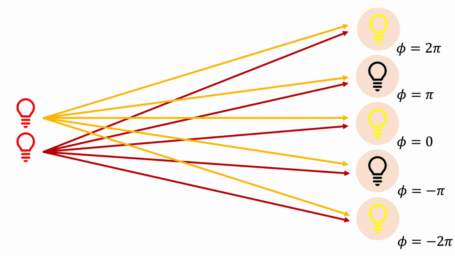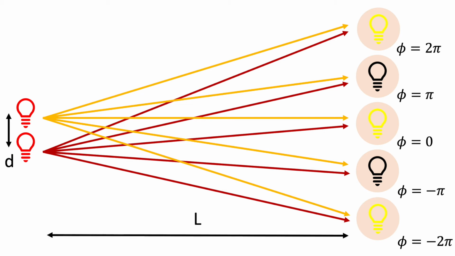Next, let's define some characteristic lengths. The first one is the distance between two sources. We use d as this distance. The second one is the distance from the sources to the screen. This distance is perpendicular to d. We call it L. For one special case, with d much smaller than L, the light rays from two sources